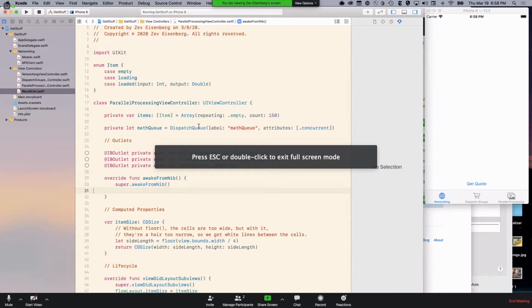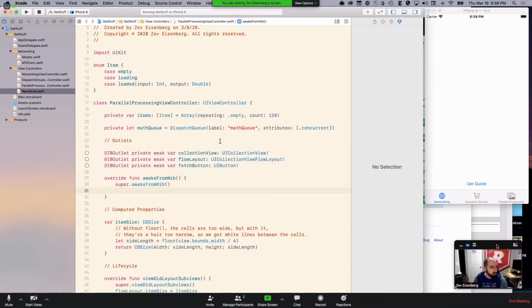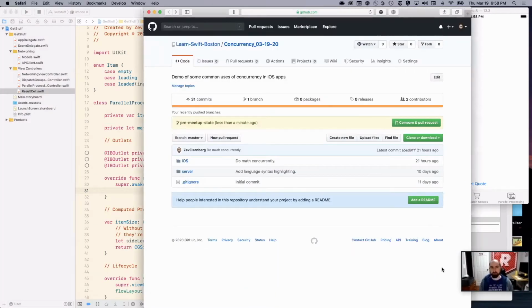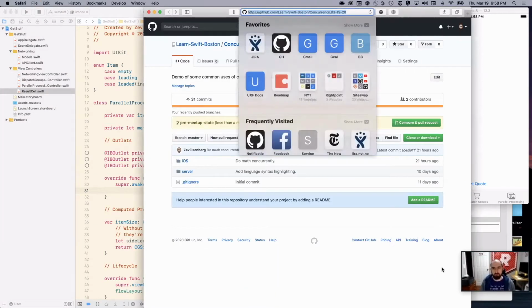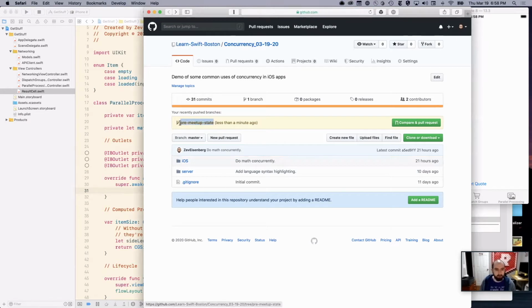Cool. Ready to go? So I have a repository up. If you're interested in following along locally, I'm posting the link into the chat. If you want to follow along, the master branch is like the final state.